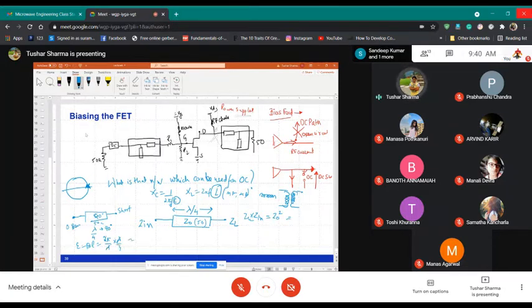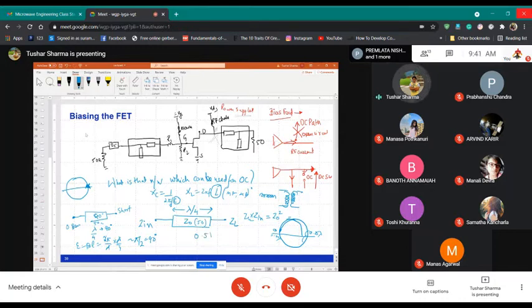So this becomes pi by 2. So if your electrical length is 90 degrees, it means it is lambda by 4. But what is lambda by 4 on the Smith chart? If you look at the Smith chart carefully, you start from 0 and this is 0.25 lambda. And then you go all the way around here, this becomes 0.5 lambda, 0.49 lambda. So technically 180 degrees is 0.25 lambda, and 360 degrees is 0.5 lambda.